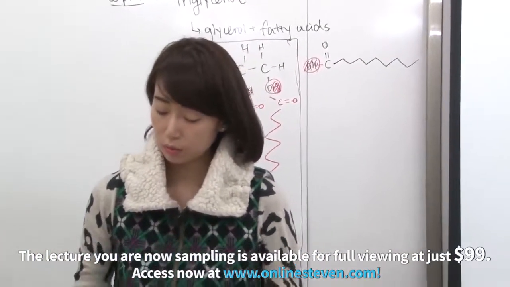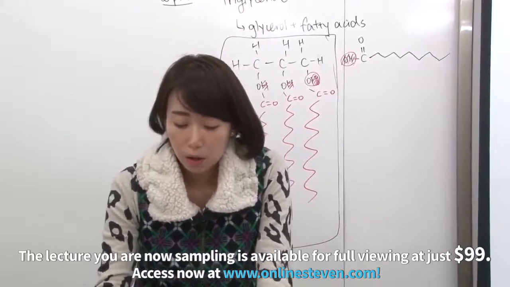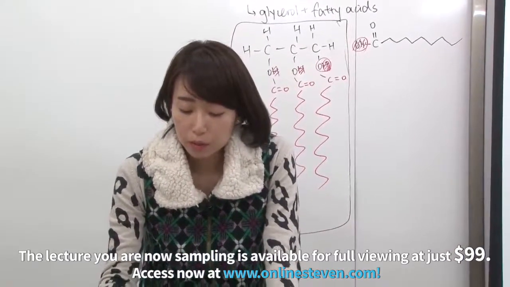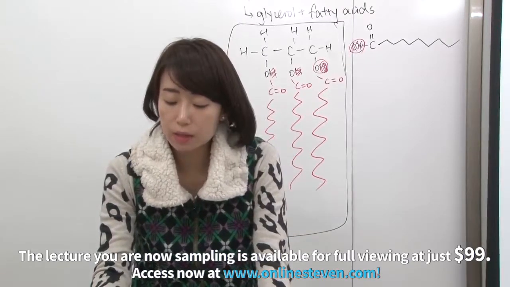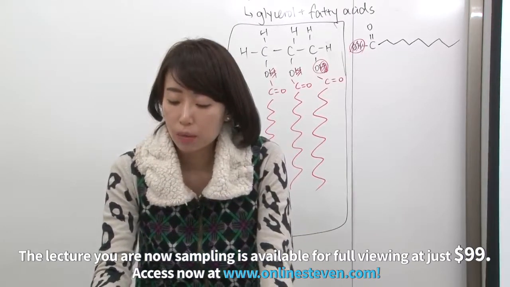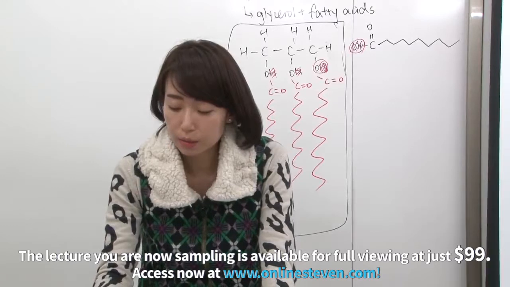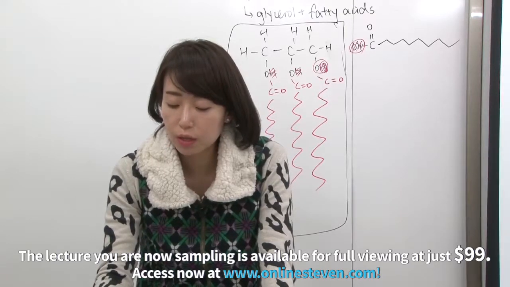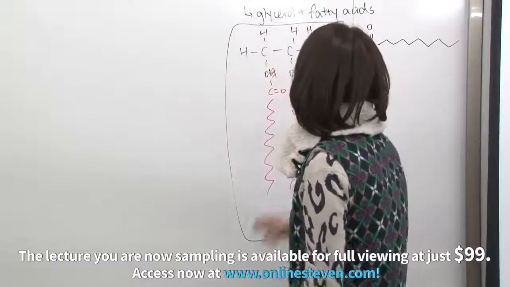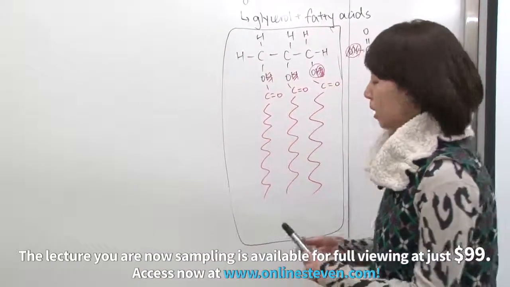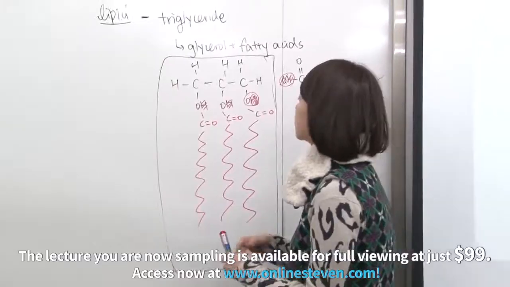On page 45, they talk about how lipids are formed from glycerol and 3 fatty acids. A fatty acid is a hydrocarbon chain with a carboxyl group at one end. Fatty acids exist in 2 varieties, saturated and unsaturated. When we're talking about the fatty acid part, fatty acid basically is